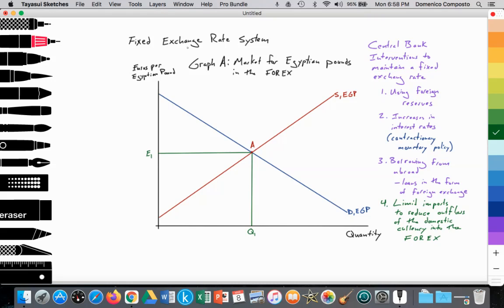Okay, so here we have graph A. It's the market for Egyptian pounds in the foreign exchange market. We have a downward sloping demand for Egyptian pounds and an upward sloping supply for Egyptian pounds. Now we want to note that the central bank has four methods that they can use to intervene to maintain a fixed exchange rate. One is the use of foreign reserves, which is the example that I used in the